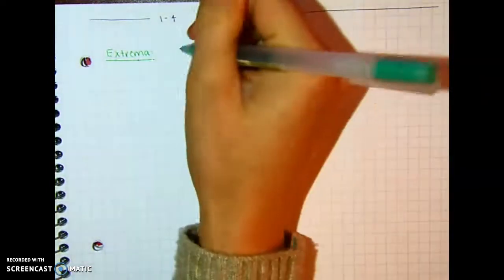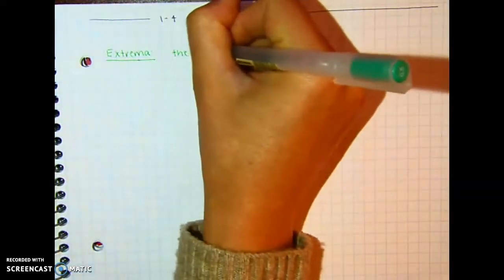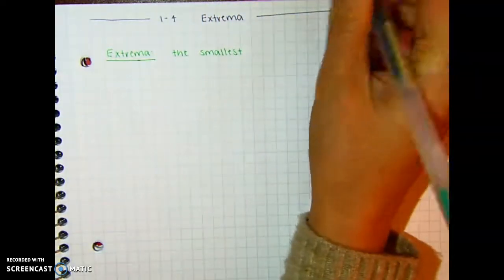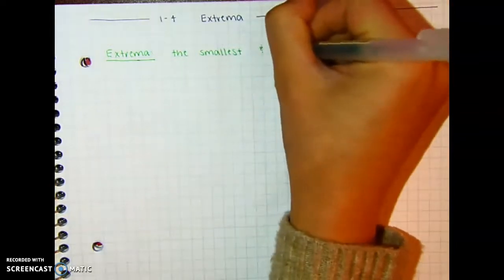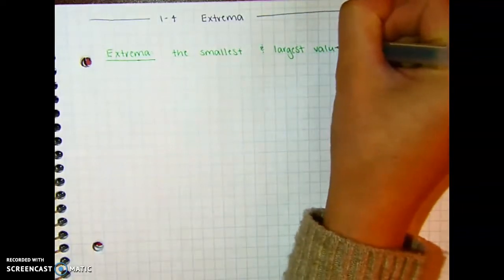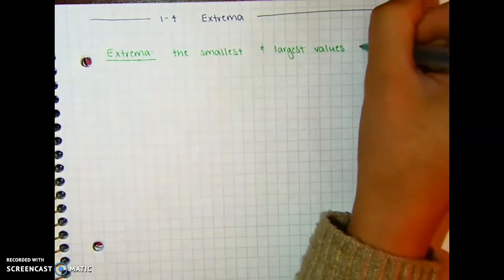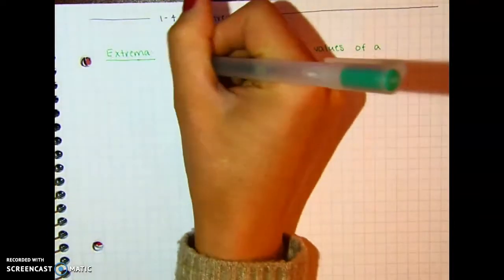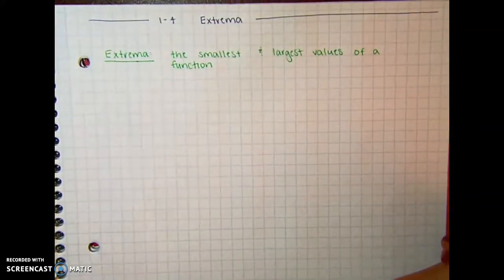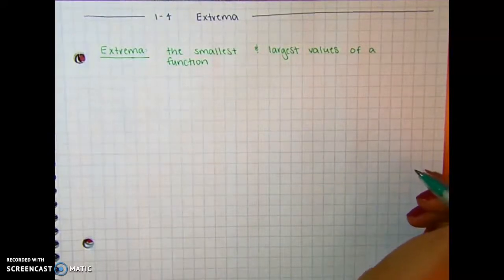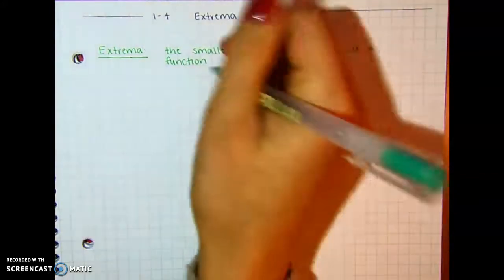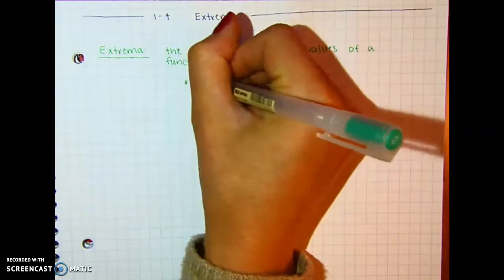So extrema is the smallest and largest values of a function. There's three different types. So before we get to that, the plural of maximum, just so you know,